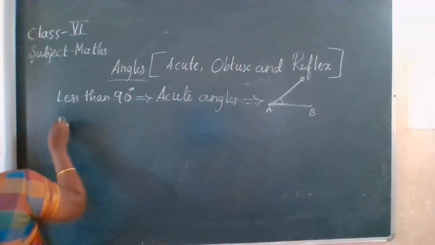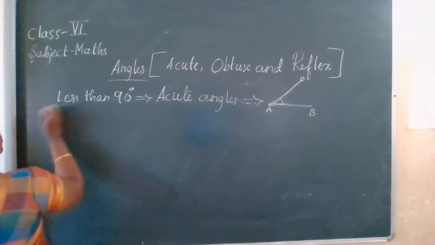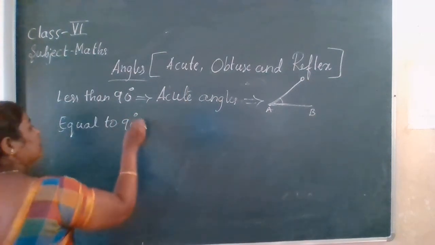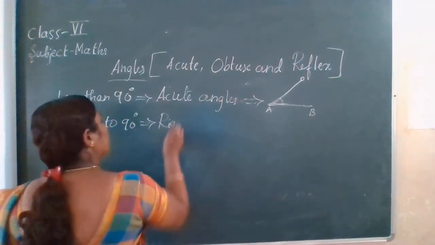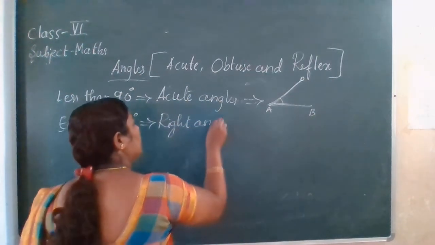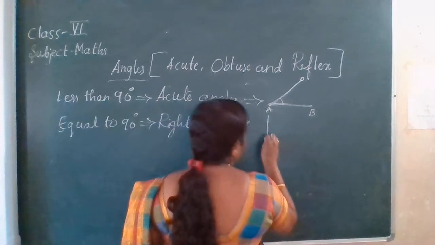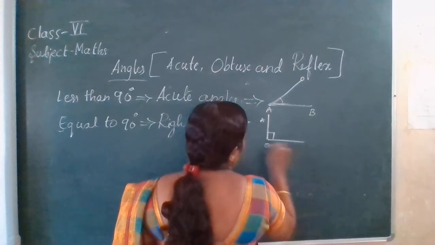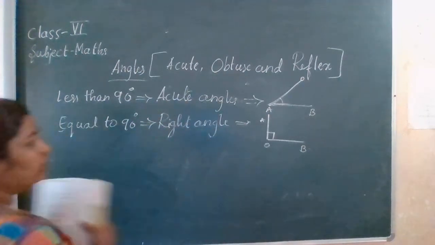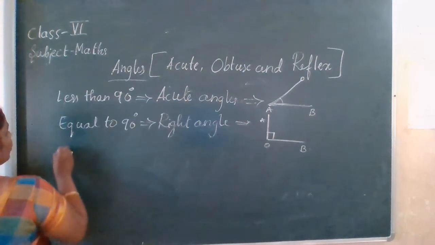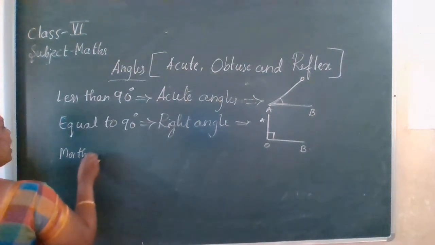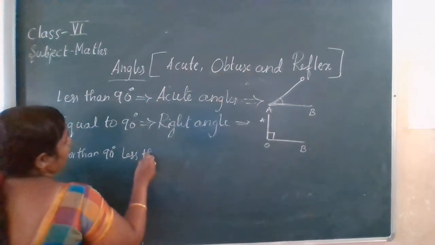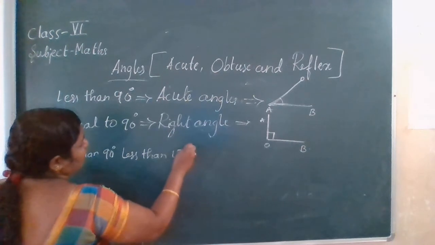Then angles equal to 90 degrees are called right angles. So AOB, these are right angles. Next, more than 90 degrees and less than 180 degrees